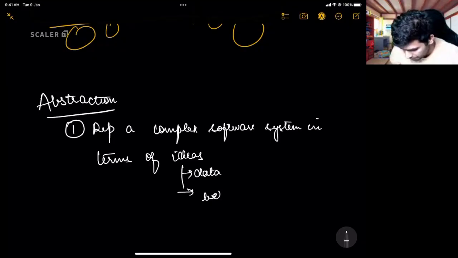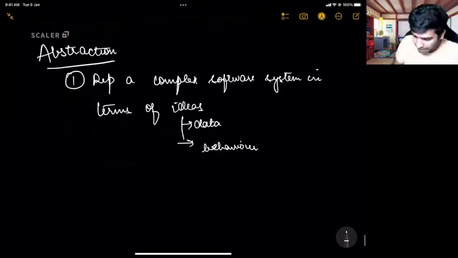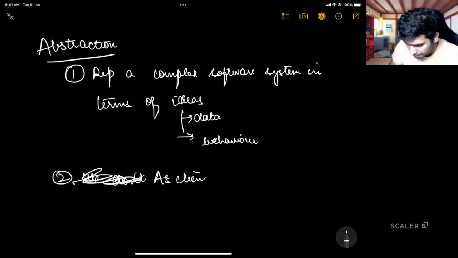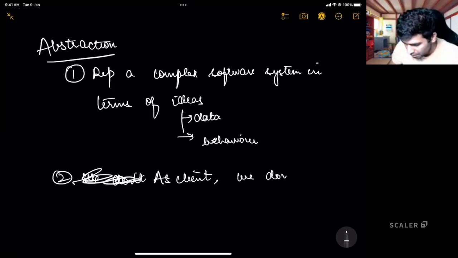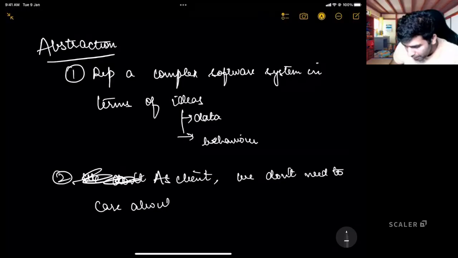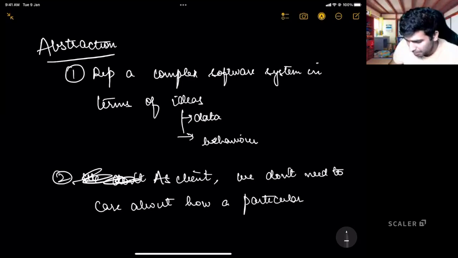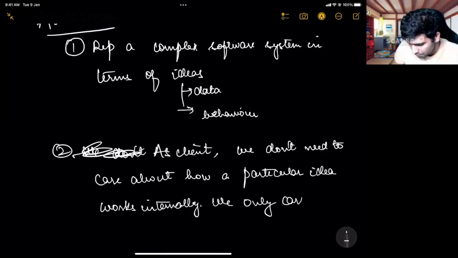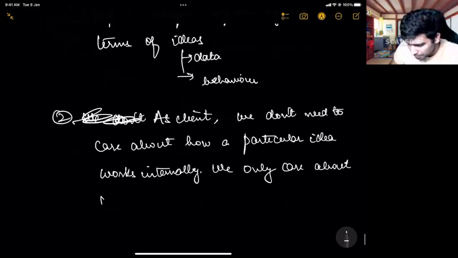And the second thing is, as a client, we don't need to care about how a particular idea works internally. We only care about the exposed behavior.